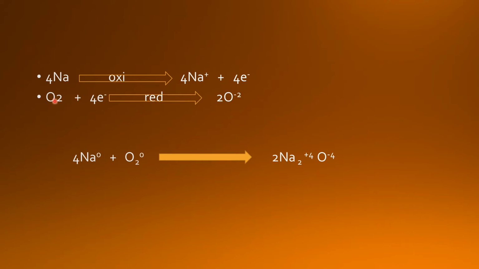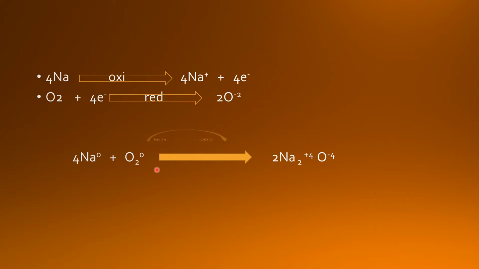And on the other hand, one oxygen atom gains 2 electrons, and here are the 2 oxygen atoms. So 2 oxygen atoms will gain these 4 electrons and they will transform into the 2 oxide ions. So the oxygen atom is gaining the electrons, so the process of reduction is taking place here. Sodium will lose the electrons and oxygen will gain those electrons. So the process of oxidation will take place in the sodium and the process of reduction will take place in the oxygen.